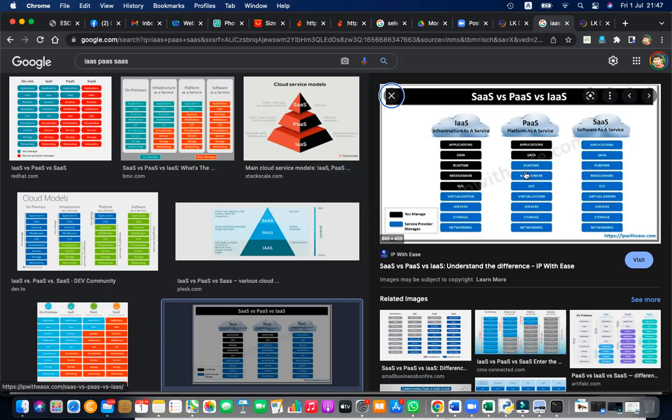In PaaS, you will get the hardware as well as the middleware and operating system. So a good environment is there, but you have to put in your application software and data. This is like renting a house with assets. Now you can live there, right? You have to create your own living style, but you can live.